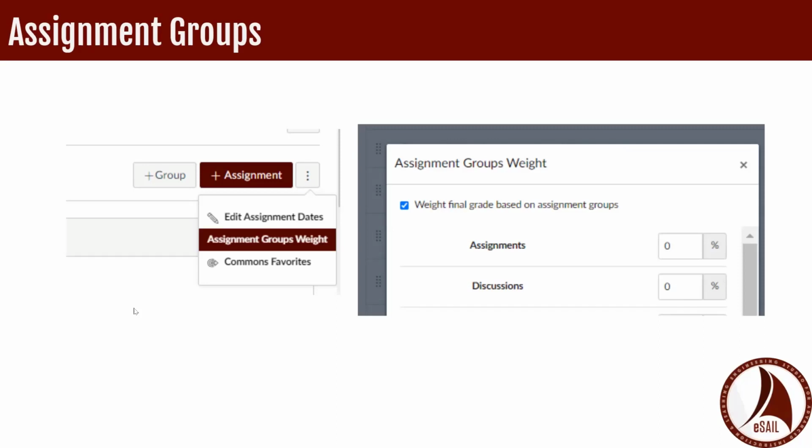I know a lot of people, myself included, are used to waiting until the end of the semester and then using weighted columns in a mishmash of columns within eCampus.